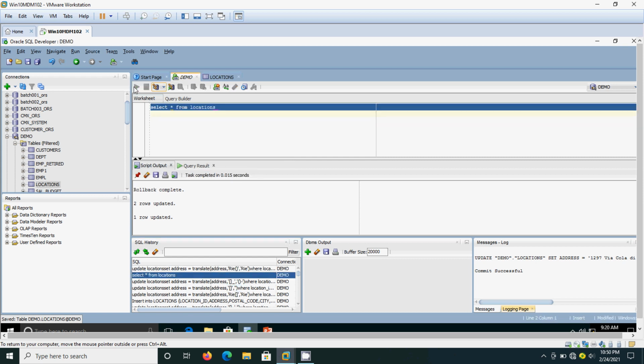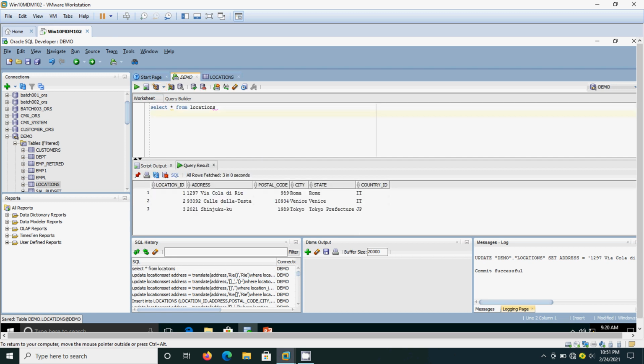Here if you see, there won't be any square brackets or parentheses. This is the way you have to implement the translate function. If you want to remove parentheses, square brackets or hyphens, all these special characters, for the entire table, that means for the entire address column, we need to use the instr function.